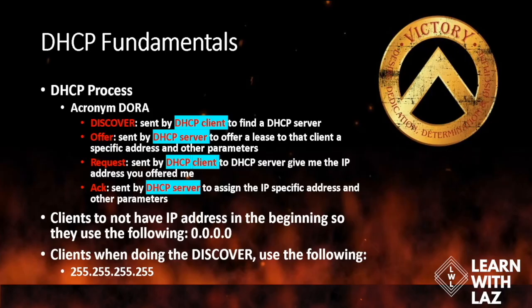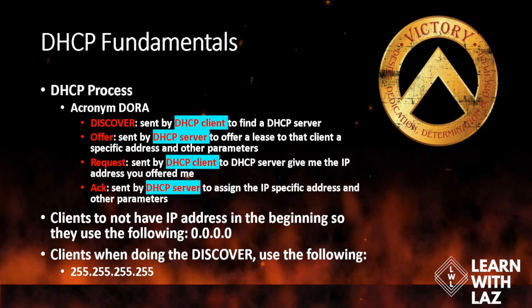The discover is in the form of a broadcast. That's the client, right? It has all zeros as its source, you can see it right there. Clients do not have an IP address in the beginning, so they use all zeros, and they send out a discover to all 255s. If it's on the local area network, that's fine. But if you're going across a network, routers don't like that. If it's your router that's a DHCP server, it's not going to like that, and it's going to drop your packet. But if it's in the local segment, it's a different story. If you're trying to get across the network, the router says, nah, this is a broadcast, bye-bye. But we'll look at that when we get to the lab. You'll see what I'm talking about.